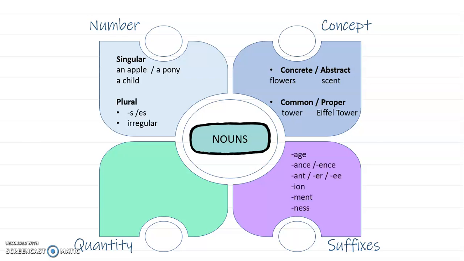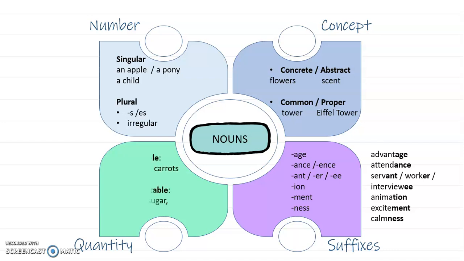Terminations. Suffixes are terminations, and these are the most common for nouns. Examples for these: